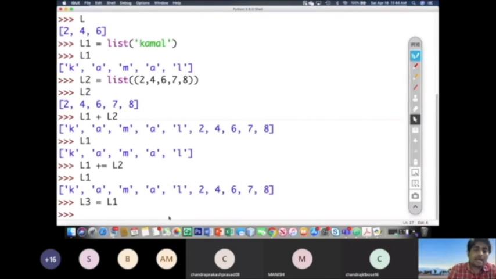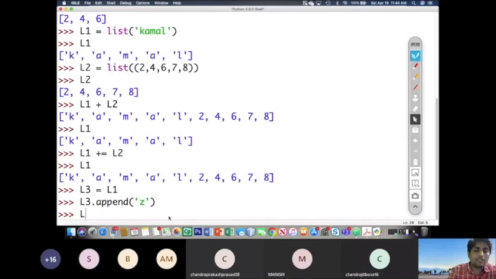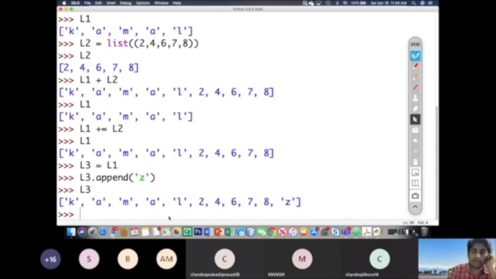Now if I am doing this, what will happen? L3 dot append. There is a function called append. We will see that in the coming section of this class. Append एक फंक्शन है जो एक एलिमेंट L3 में ऐड करेगा. So suppose that if I am adding Z, now L3 will show you what? It will be showing a Z at the last position. You see here, Z will be shown here, right? समझ में आया? तो Z आपको लास्ट पोजीशन पे दिखाई दे रहा है. So Z add हो गया.